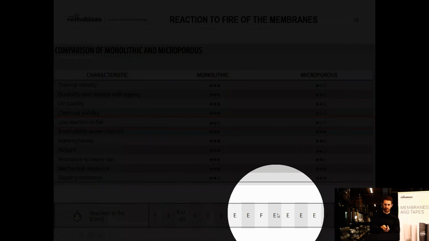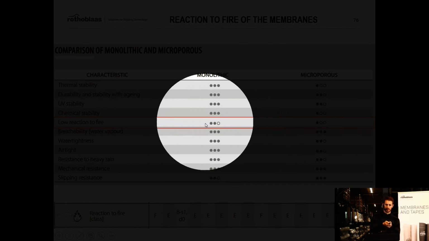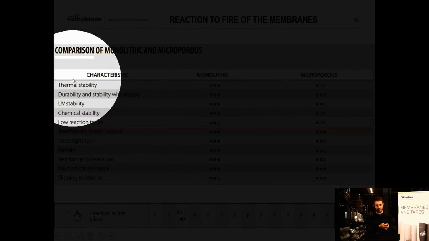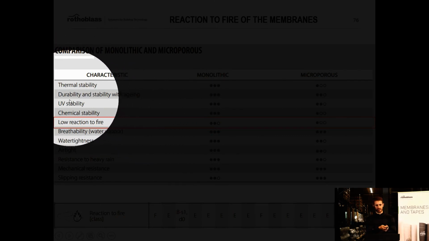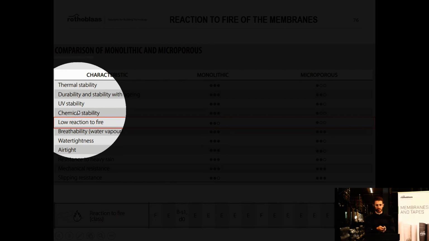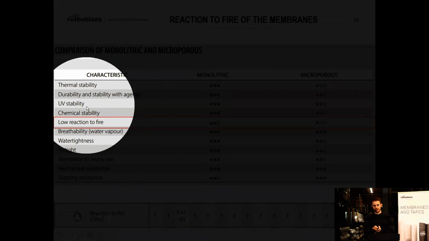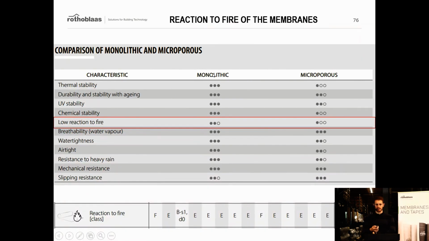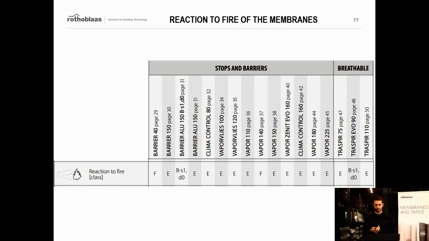And as you can see in the red box, a monolithic product has got a better reaction to fire than a microporous one. As well as a lot of other characteristics here, a better durability, a better UV stability, and chemical stability as well. So of course, monolithic membranes cost a little bit more, but they are more sophisticated, and they work better for all these reasons here, especially now that attention to fire is always top grade in our buildings, especially in